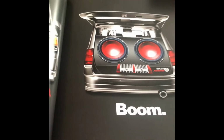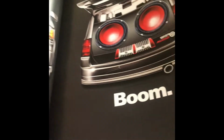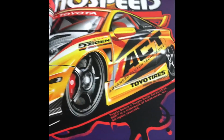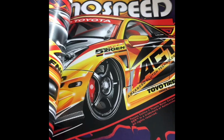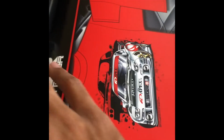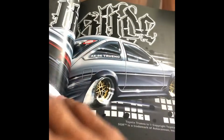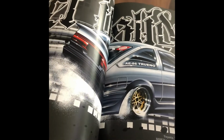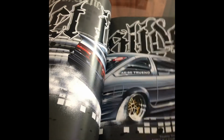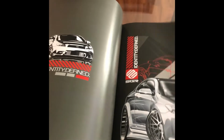Not posters, just T-shirts. And that doesn't even mean I didn't have the posters that would come out of, like, Super Street or anything like that. I had those too, but most of the space was taken up by T-shirts because I liked those so much. But yeah, this was really cool. Like I said, this book is probably just as meaningful to me as the comic book because it just takes me back to the heyday when we were still all just kind of learning where this community and this culture was going to go, and